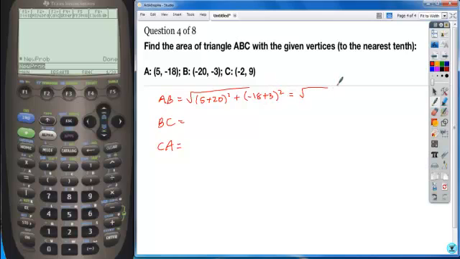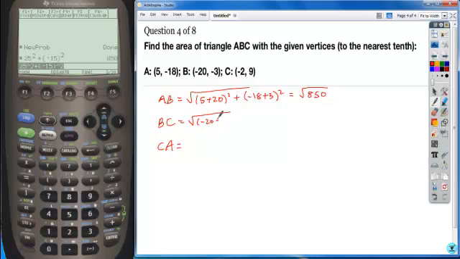If we simplify what we have right here, we get 25 squared plus, here we have negative 18 plus 3 gives us negative 15 squared. And so if we calculate that, we get root 850. And BC, here when we take these, we get